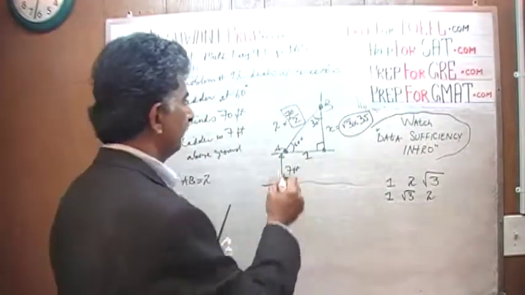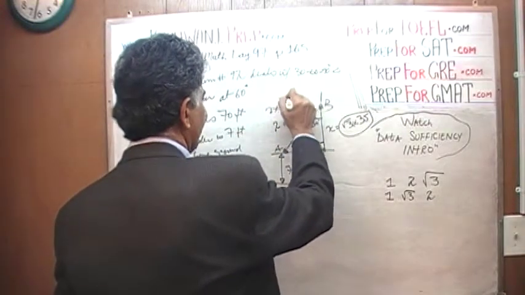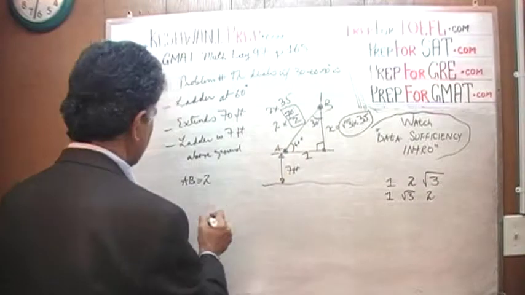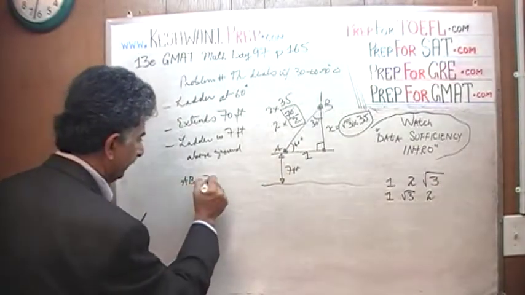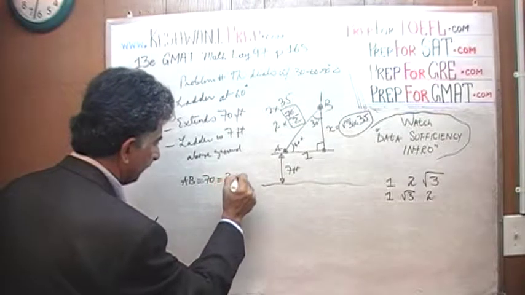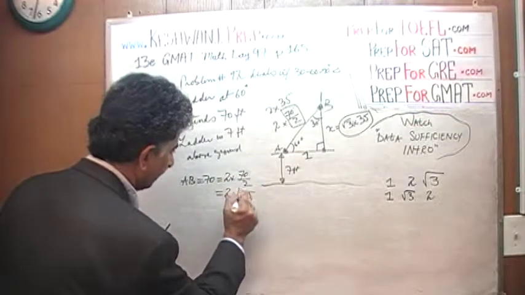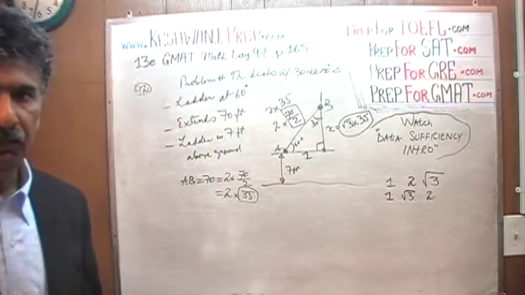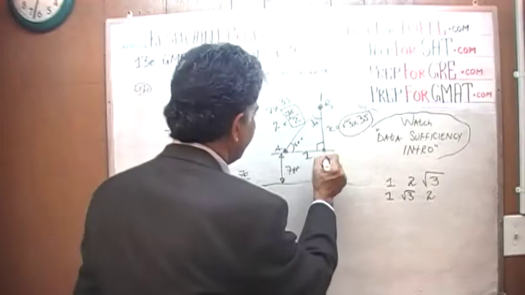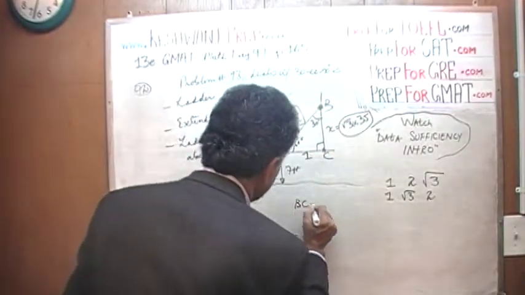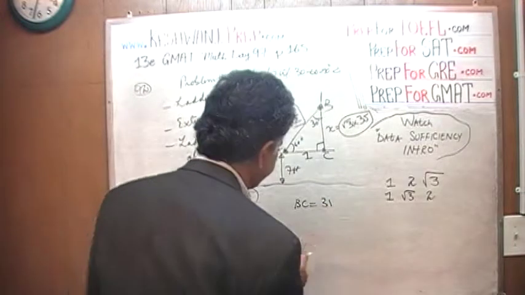Root 3 times 35, because that's what this is. This guy comes out to be 2 times 35. That's how we get AB. AB we are told is 70, which is the same as 2 times 70 over 2, or 2 times 35. We will try to locate what the multiple was. The multiple here is 35. So that's it. Let's call it A, B, C. That's the distance from B to C. B to C is 35